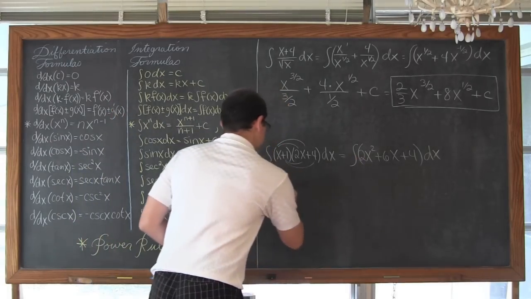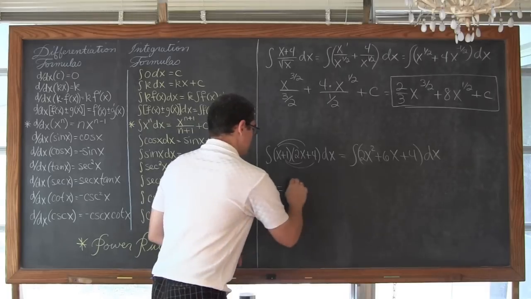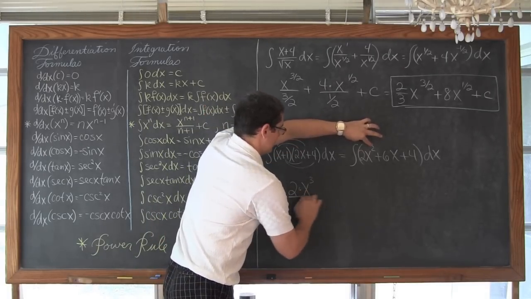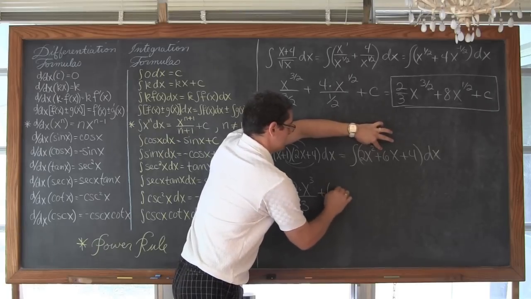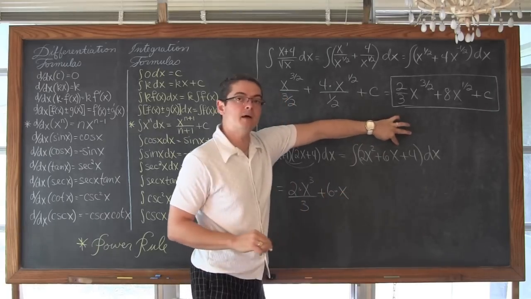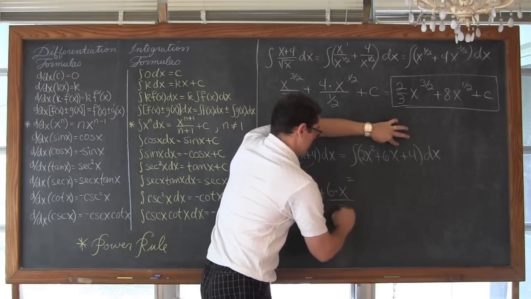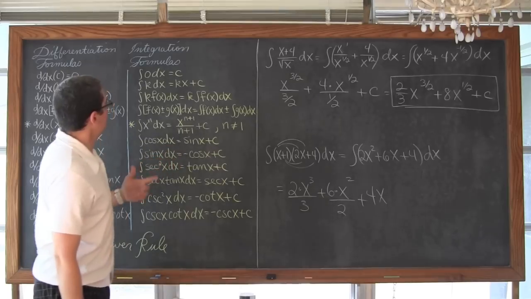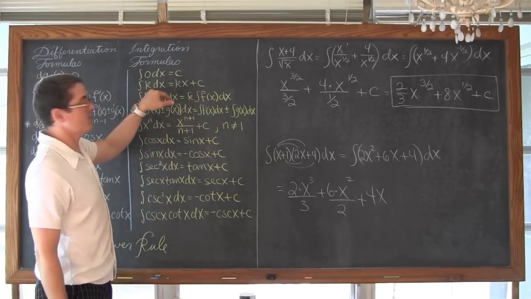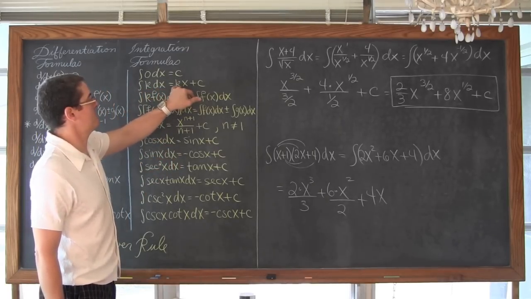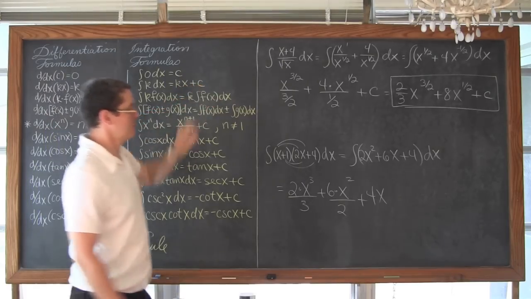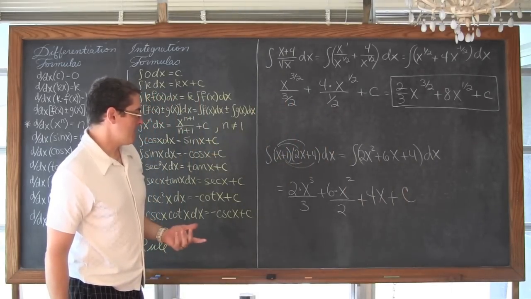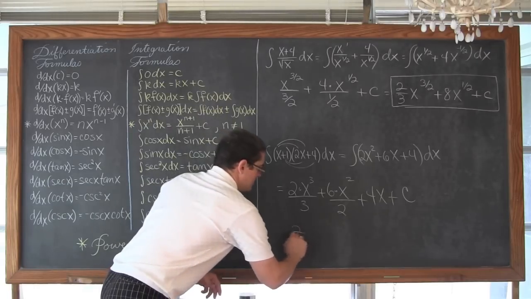So we take this 2, so we have 2 times x to the third, raising that exponent by 1 and dividing by 3, plus 6 times x, raise that exponent by 1, and divide by the same value, plus 4x, because the antiderivative of a constant is that same constant times x, plus that overall constant of c. And let's see, not much to clean up here. We have 2/3.